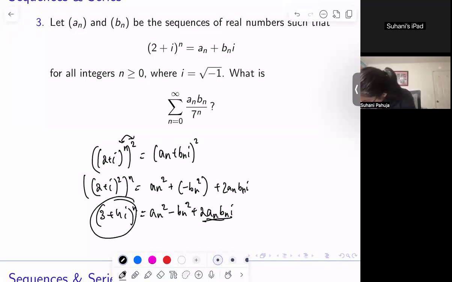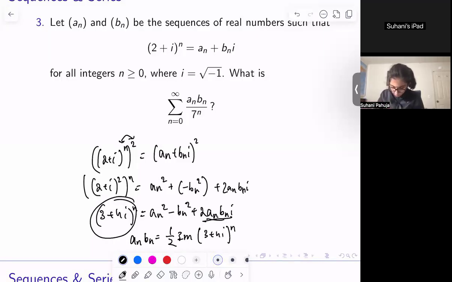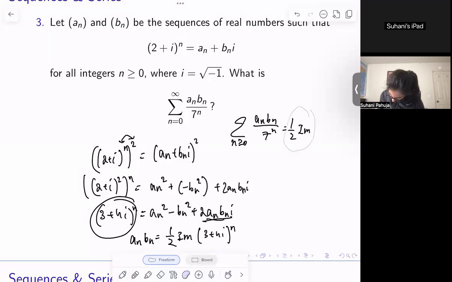And so that means that a_n times b_n should be equal to half times the imaginary part of (3 + 4i) to the power of n. And so we can utilize this. Because this is true, we can say that the original expression becomes a_n b_n over 7 to the power of n should be equal to half times the imaginary part, writing it here for more space,